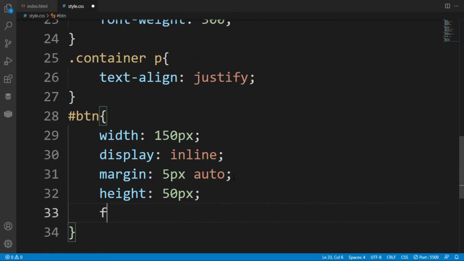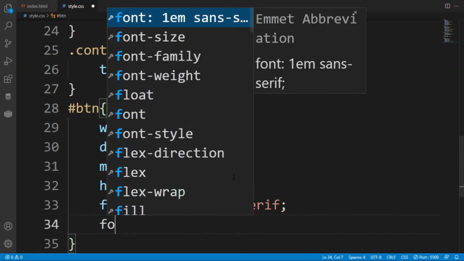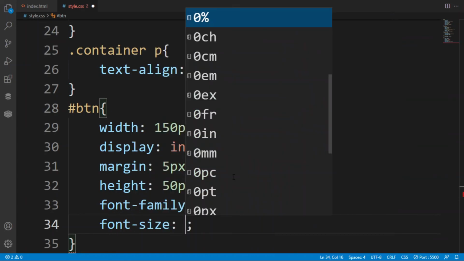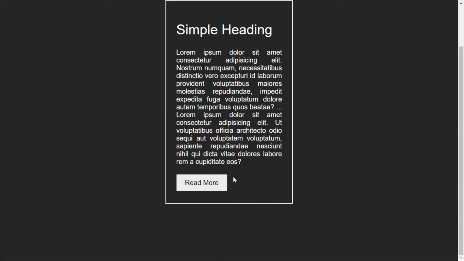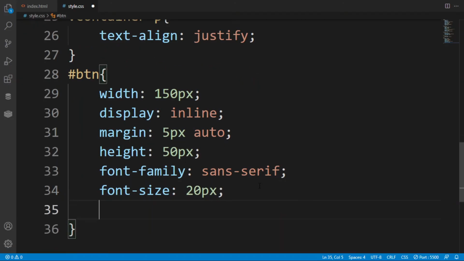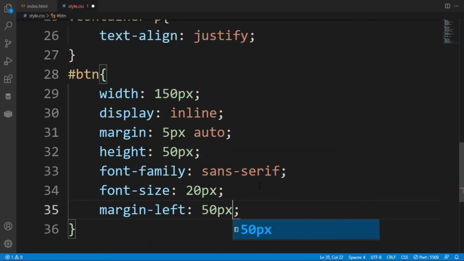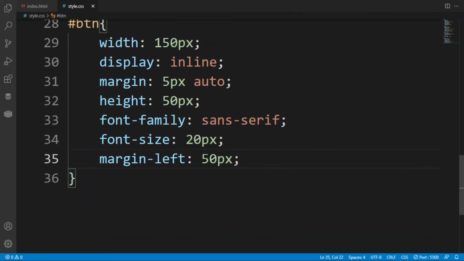After saving, as you can see the preview, now I am giving the font family sans serif and the font size, because it has not been taken from the body, so we have to mention it. Now after this, I want to give the margin from left so that it will be centered in the card.